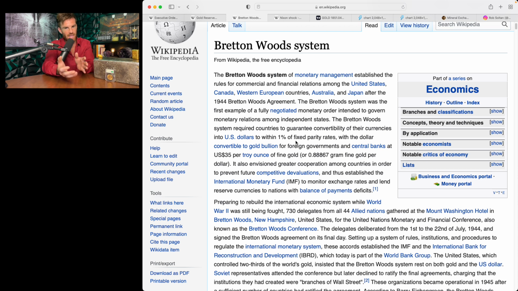Keep in mind that they had already taken all the gold from the U.S. citizens for the past 10 years prior to this agreement. So they were able to actually accumulate. In 1930, they had 6,358 metric tons of gold. And by 1940, the U.S. Treasury had 19,554 metric tons of gold. Over 10 years, from 1930 to 1940, they were able to 3x the amount of gold that the U.S. held. So that put them in a position of power prior to this 1944 Bretton Woods Agreement, where everyone had to trust the U.S. dollar, and they all backed it to gold. So that is how, essentially, they were trusted with all of the gold.